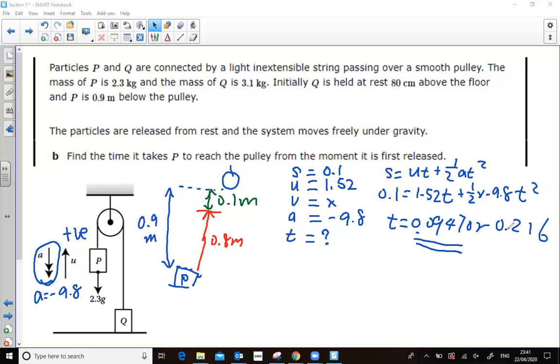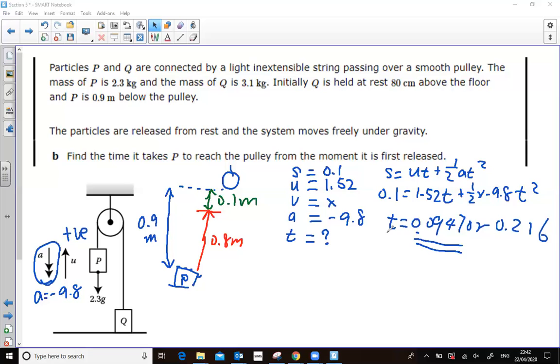So what would happen? Why would we have a different answer here? If you link back to what we did previously,